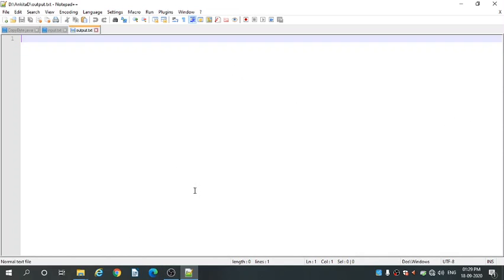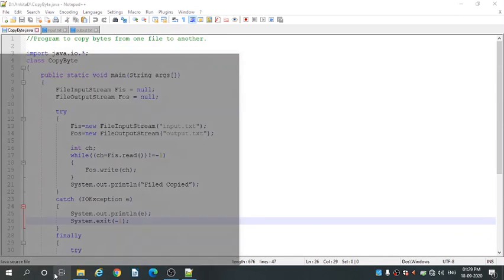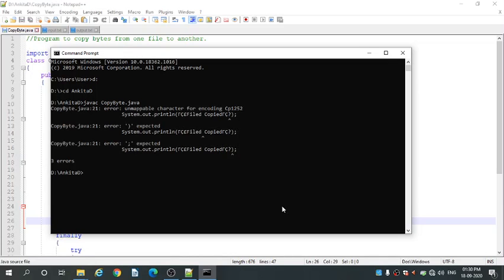So let's start to execute the program. This is the main part. So open the command prompt, go to the D drive, and enter into your folder. Okay. For compilation, the command is javac and the file name, that is javac CopyByte.java. Press enter.